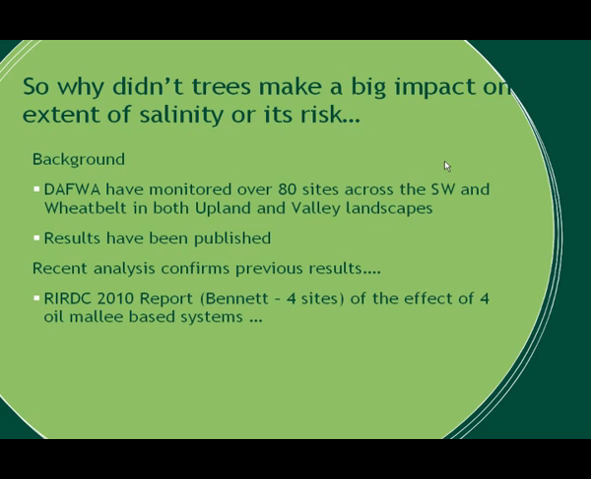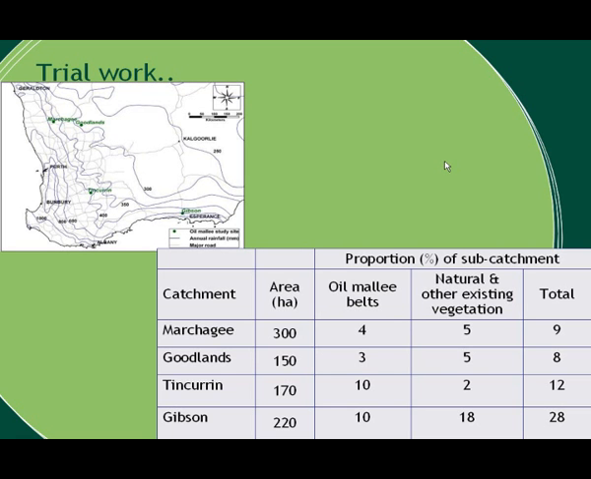Across the last 20 years, we've monitored 80 sites around the agricultural area, looking at revegetation and how it's affected water tables. Those results are published and are accessible after this talk. I'll just look at one example because it's just recently been reported. For 4 examples that Don Bennett, a colleague of mine, has looked at for oil mallee systems across the wheat